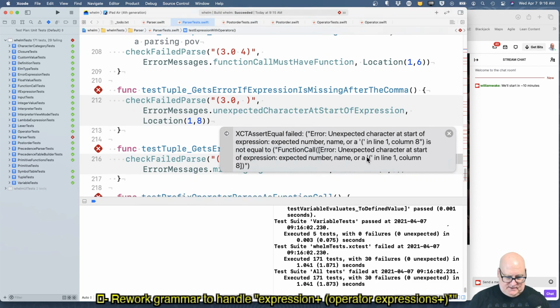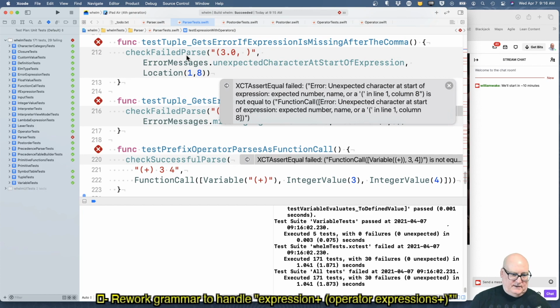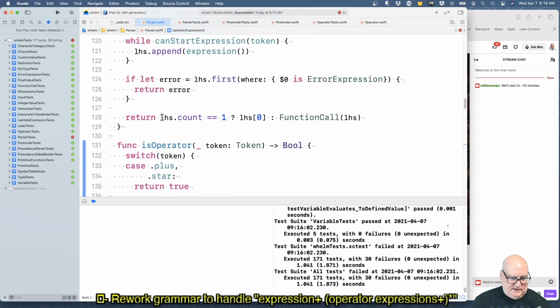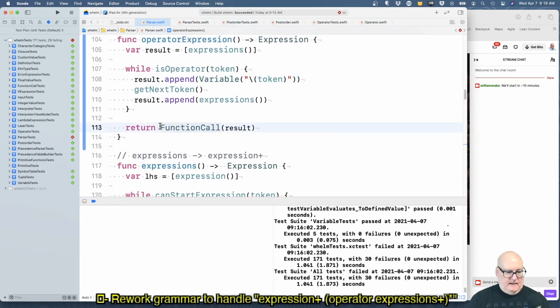Function call. We will do the same thing we did down here. If the count is 1, we'll just return it. Result.count is 1, return result sub 0, else wrap it in a function call.